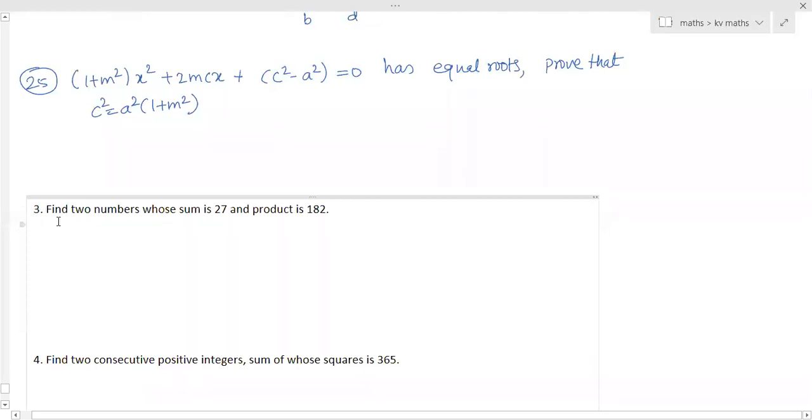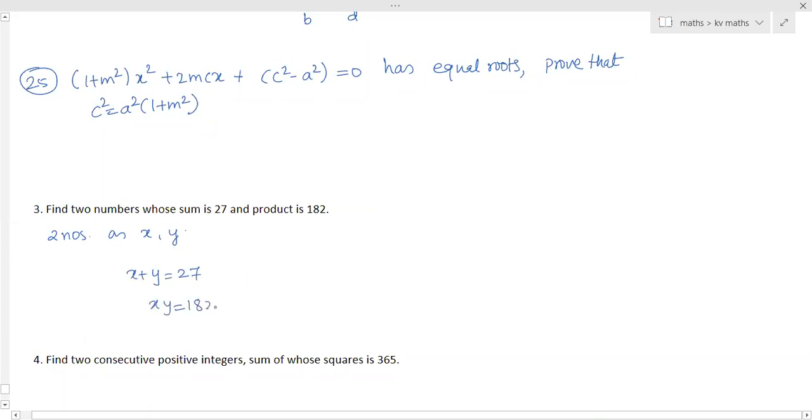Okay, fine. So here, find the two numbers whose sum is 27. That means we will consider the two numbers as x and y. The sum is 27, so x plus y is equal to 27, and the product of those two numbers is 182. So the value of y we can write as 27 minus x. Here only the substitution method can be used. Elimination is not possible because the two terms do not have plus and minus signs, and the second one is in the form of a product.